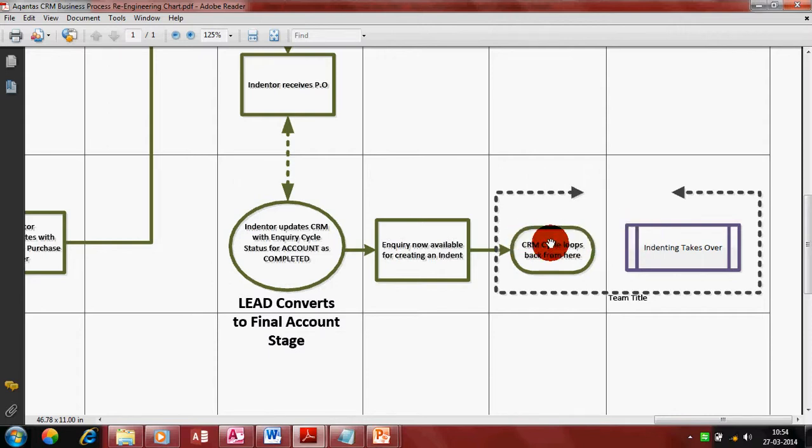When you select the inquiry number, all the related details from that inquiry, such as the buyer name, the seller name, the products, the quantity, amount, commission percentage, everything can get carried over to the indenting system in just one click. The rest depends on your indenting business procedures, as to what fields you need captured to prepare an indent in a minute. After this step, the indenting module takes over.